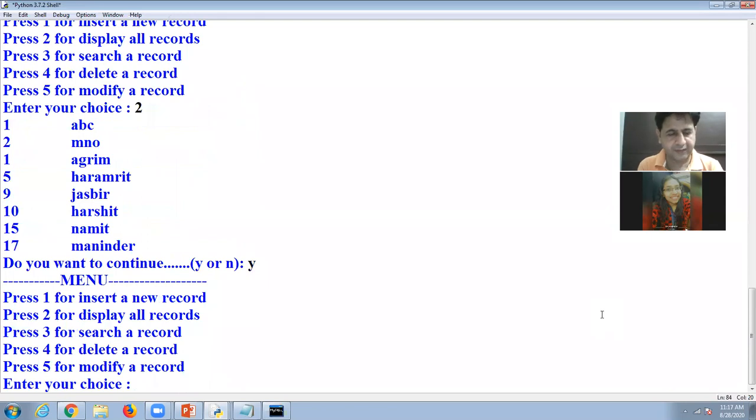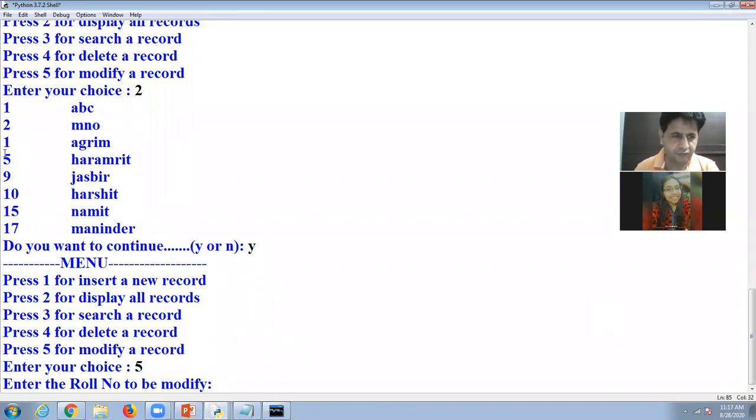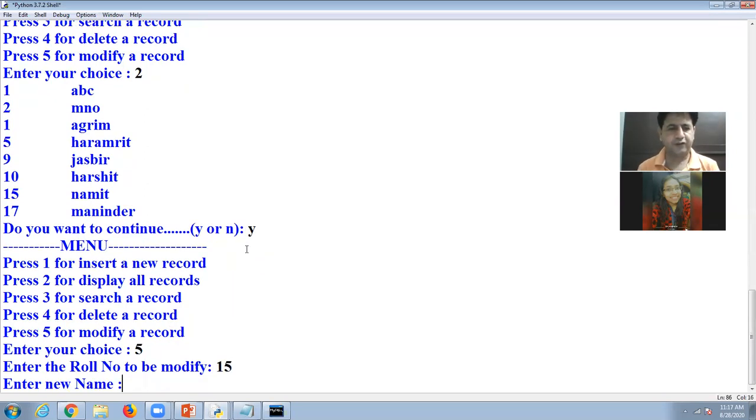Now I press 5. 5 is used to modify a record. I press 5. Look at here, roll number 15 is Namit. So I want to modify the record of roll number 15. Suppose now enter the new name. So in place of Namit, I enter here Kamal.